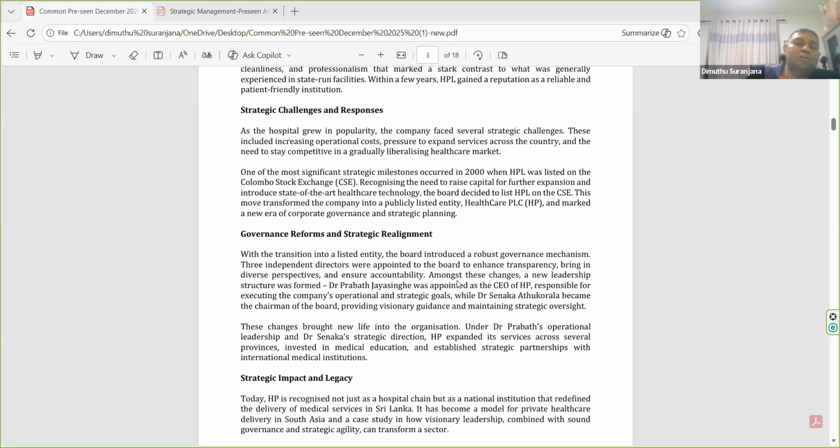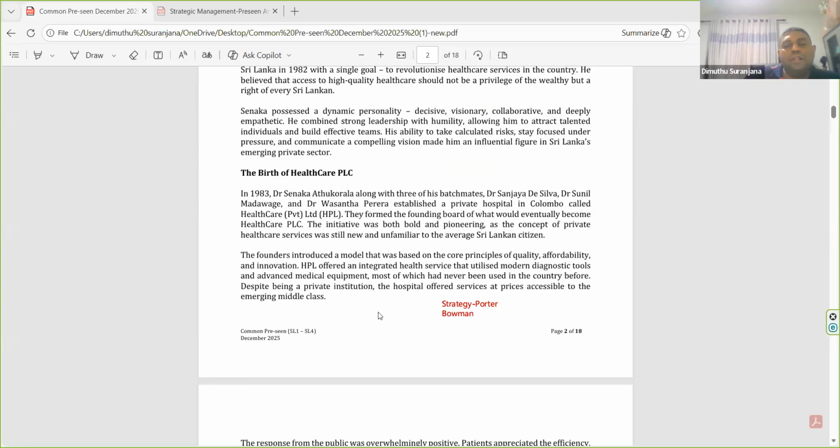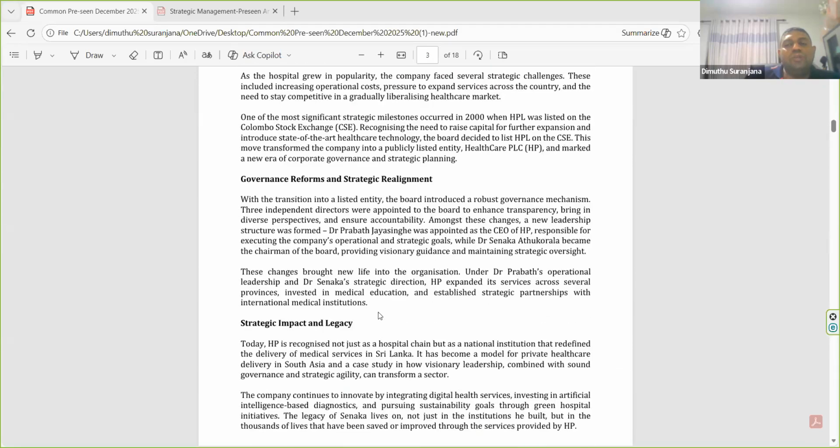One of the most significant strategic milestones occurred in 2000 when HPL was listed on the Colombo Stock Exchange. So it was started in the 1980s, no? 1983, actually. It was established in 1983. In 2000, the company was converted into a public listed company. So that means they issued shares to the general public. It recognized the need to raise capital for further expansions. One of the objectives was to get the required money for further expansions. It introduced state-of-the-art healthcare technology, so invest money in the new technologies. This move transformed the company into a publicly listed entity, Healthcare PLC, and marked a new era of corporate governance